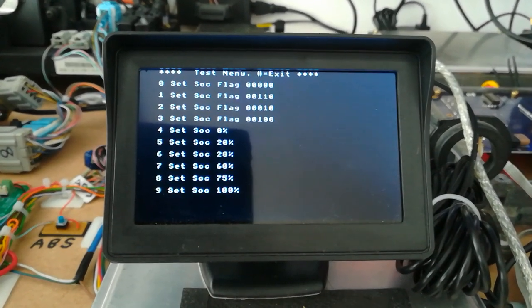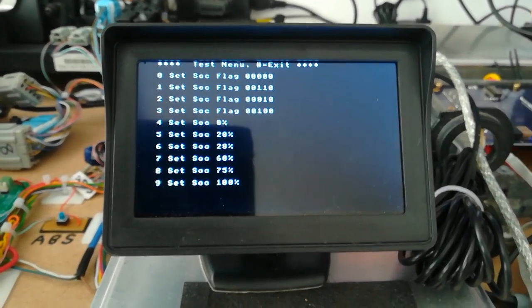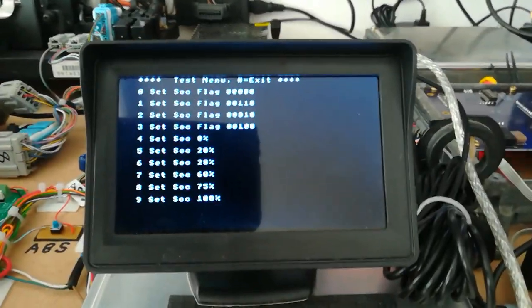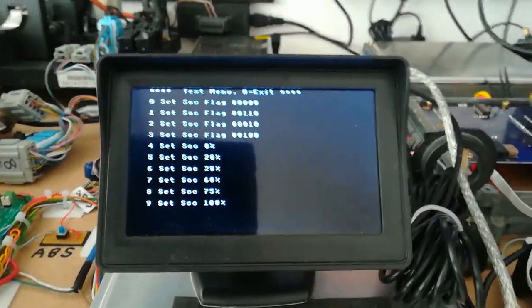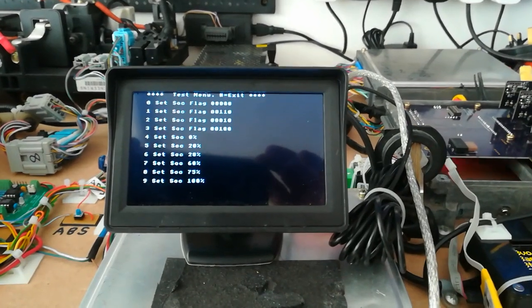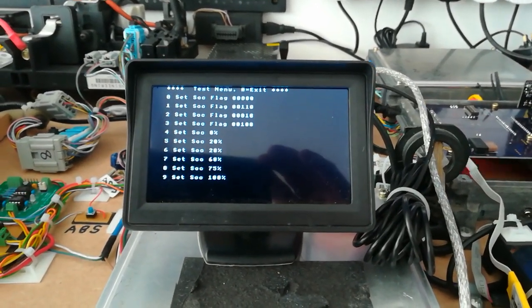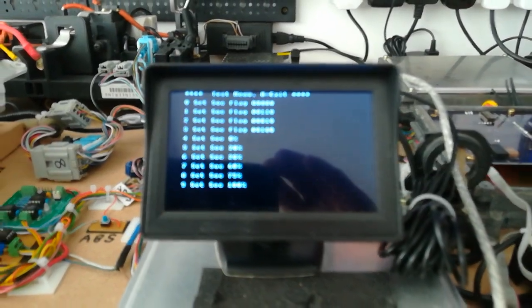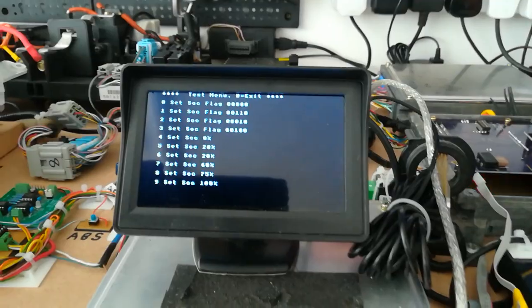It may just be simply a result of a low state of charge, so if we tell the MCM the battery is only at say 20%, which it does when it first turns on after having the power removed from the BCM, that may be enough to trigger the background initial charge that we get when you sit there with the car ticking over. So there's quite a lot of experimentation to do,